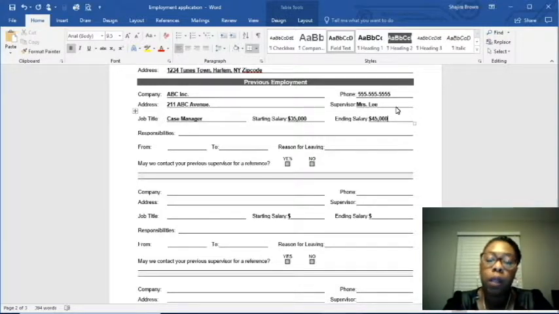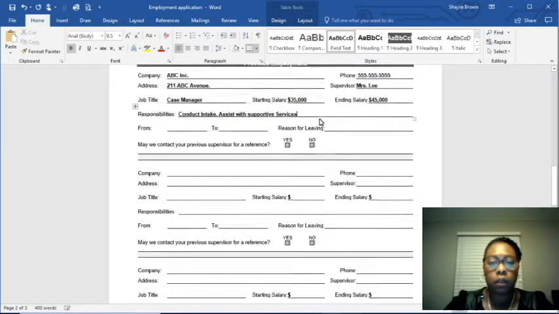So I know that you should be proud if that happened to you. It doesn't have to be $10,000. It could be $1,000. It could be $2,000. But the point is that you'll be able to show that you grew within the organization, whether that was via a title or if that was given to you as a reward because of all of the great work that you do. So your responsibilities was to conduct intake, assist with supportive